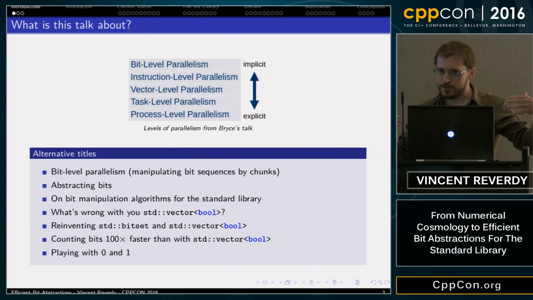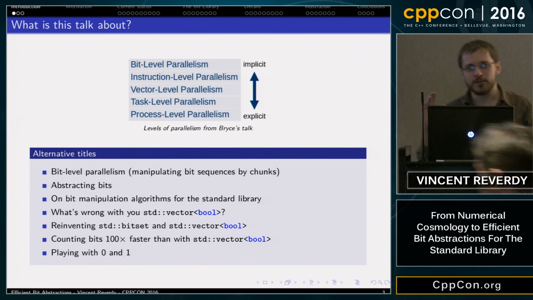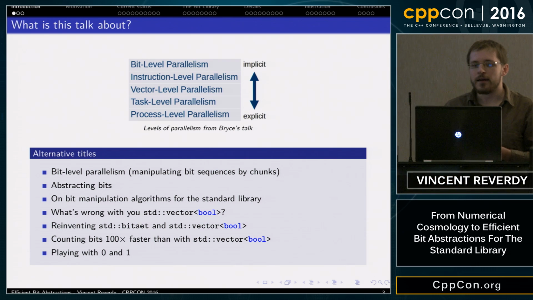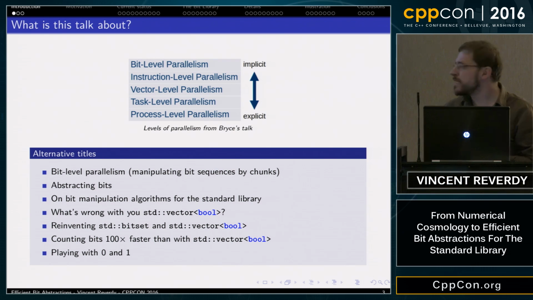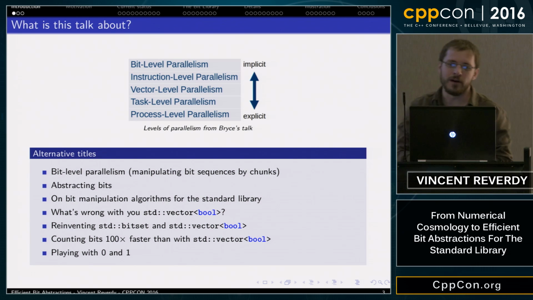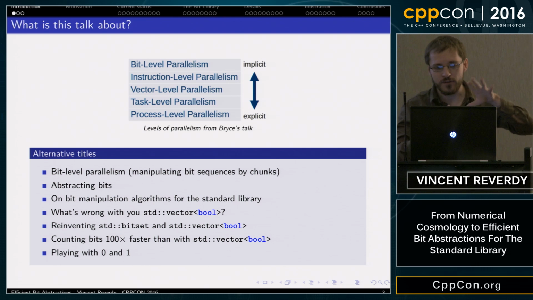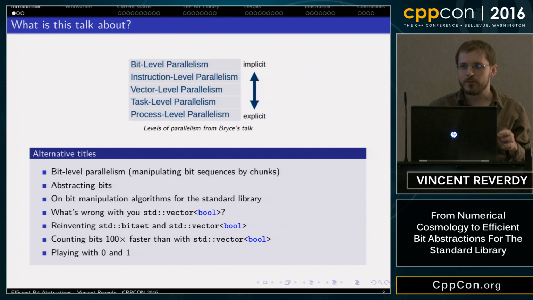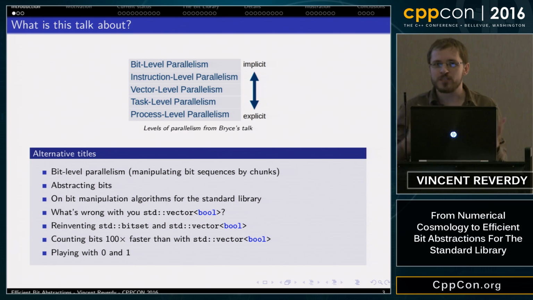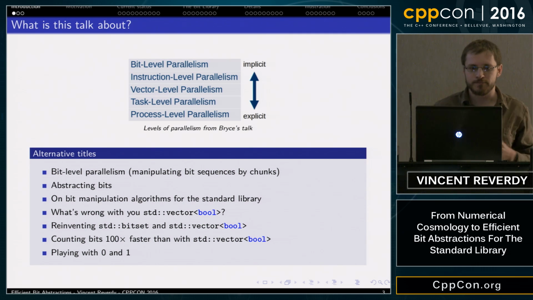I will try to summarize the talk in 3 slides. First, what is this talk about? As Bryce explained on Monday, I think there are several levels of parallelism, and I will focus on bit level parallelism, which is the most fundamental one, which means that basically we want to process bits in parallel.